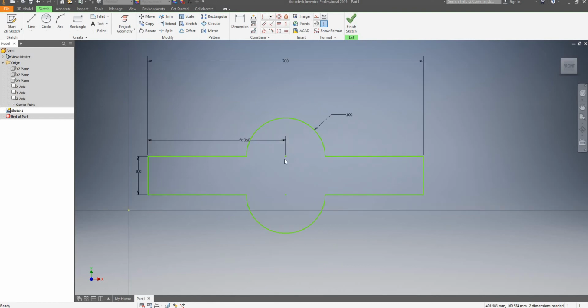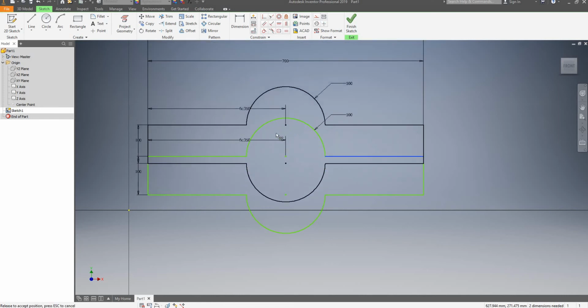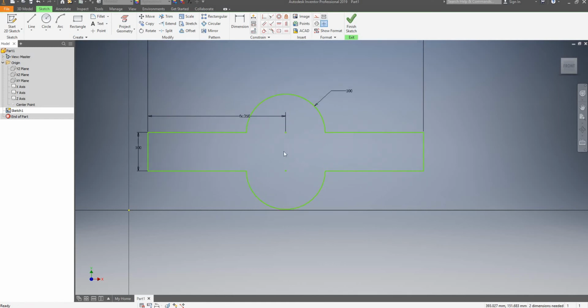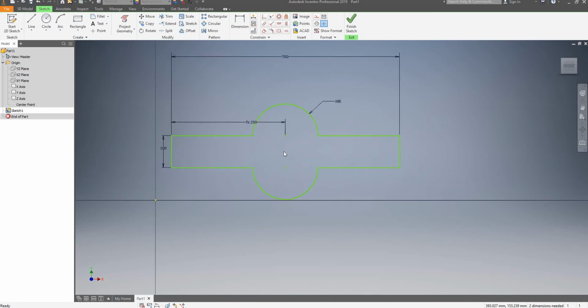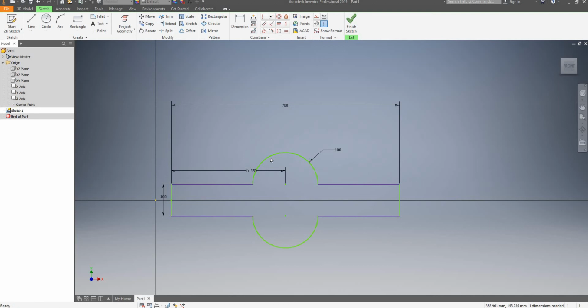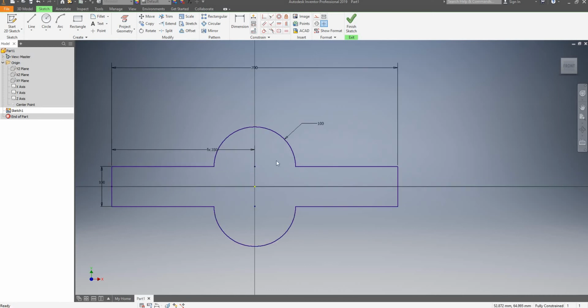So now our sketch is fully defined. We can modify the diameter of our circles, the overall length, the overall height. However, when I click here, it still freely moves. So we may want to place it somewhere else. Let's suppose that we want to place this exactly in our center. So I can apply a horizontal constraint from this midpoint and this midpoint. And now I can apply a vertical constraint between this center and this center. So now our sketch is exactly in the middle